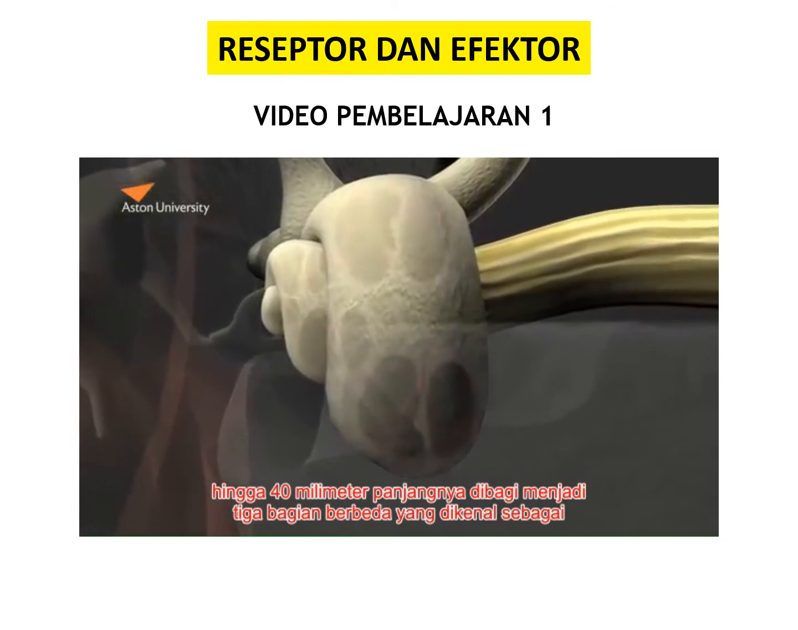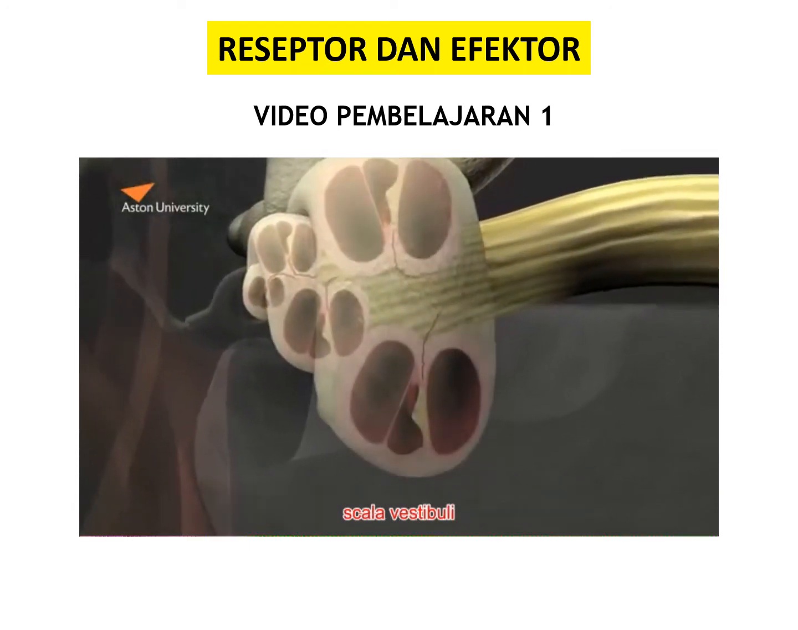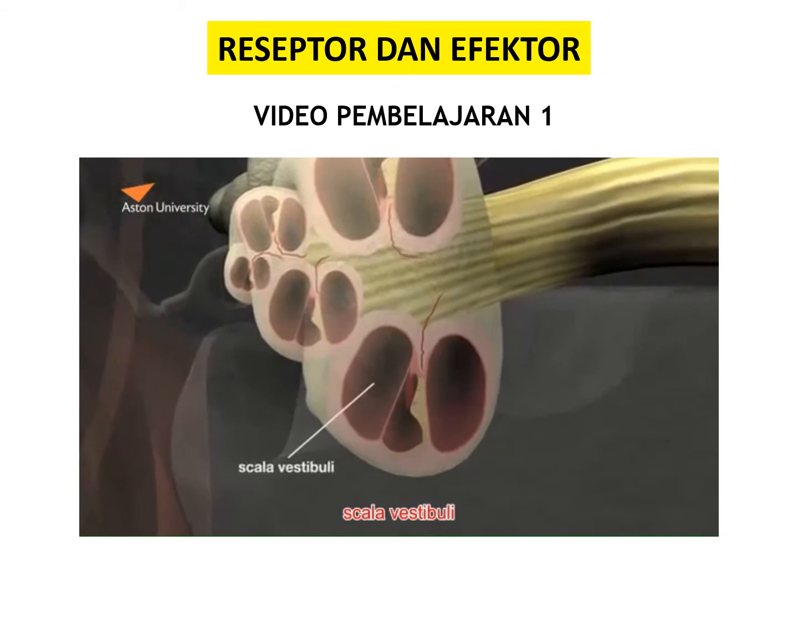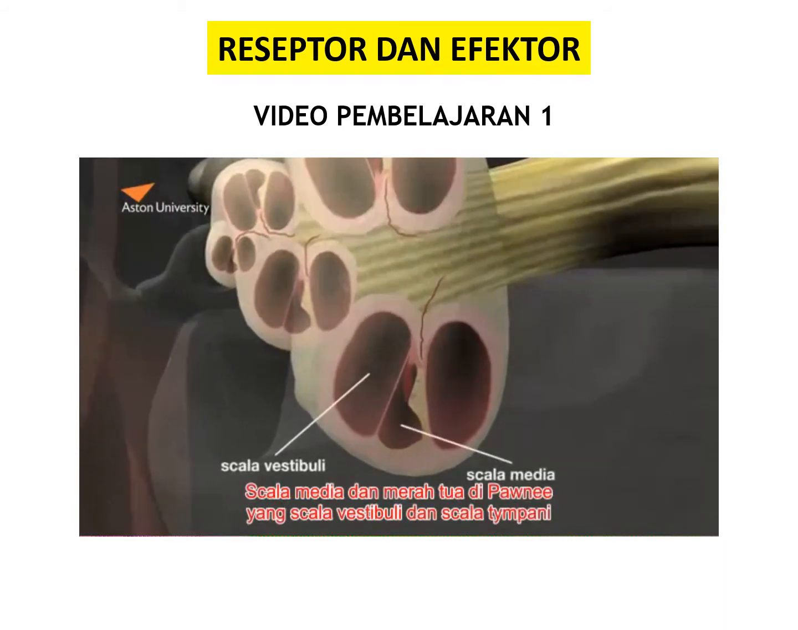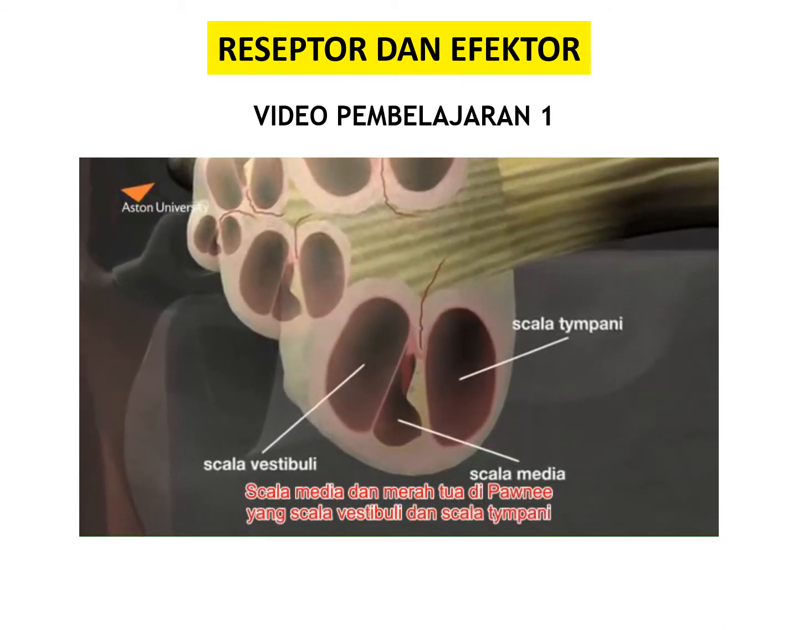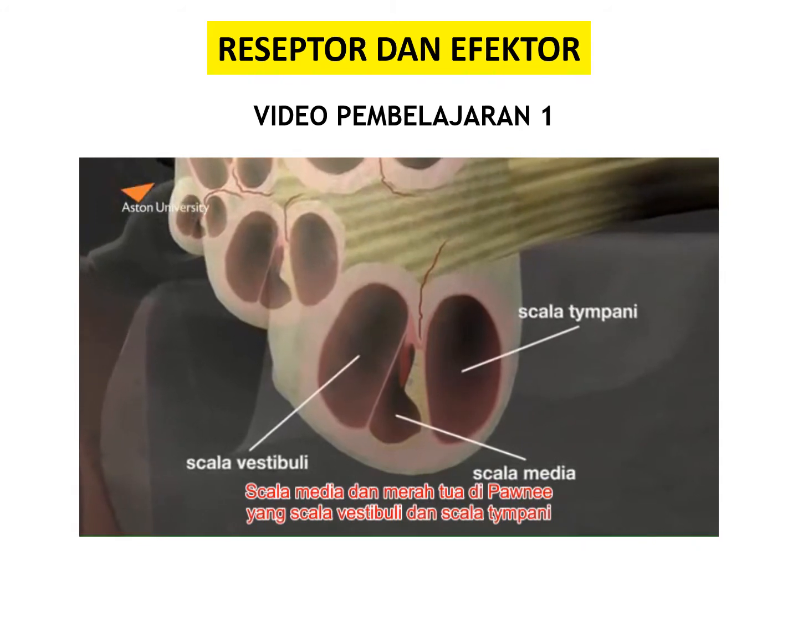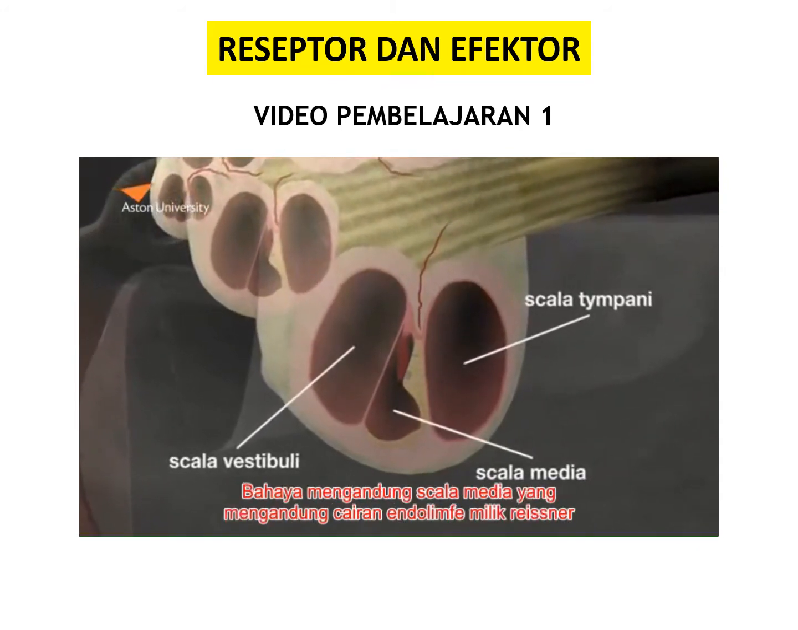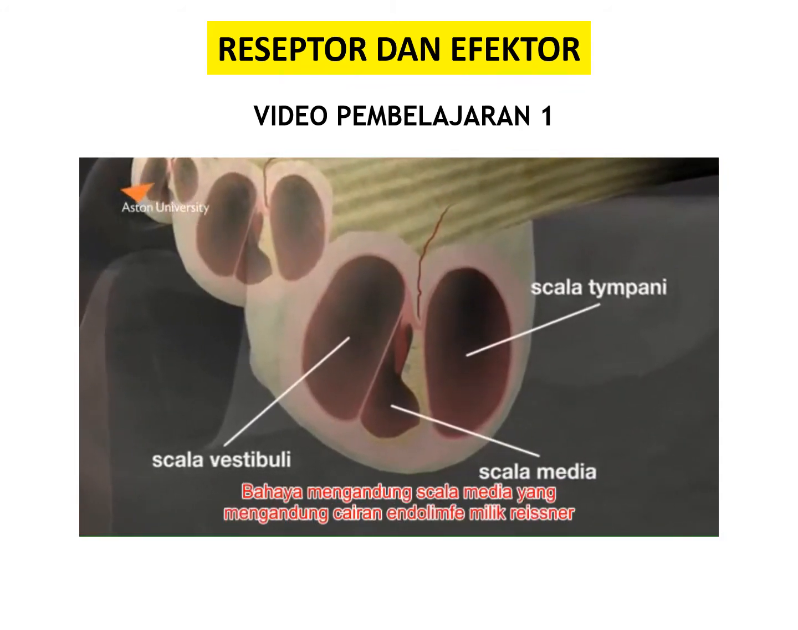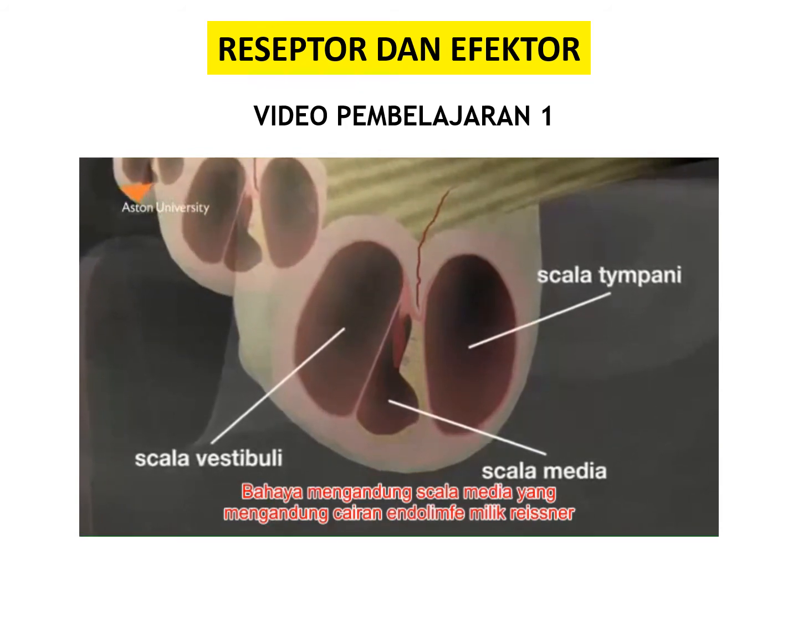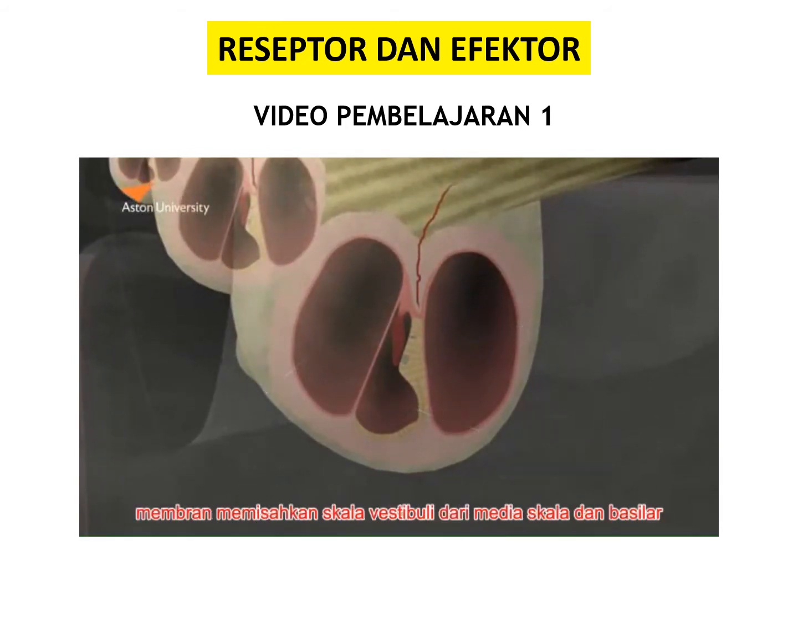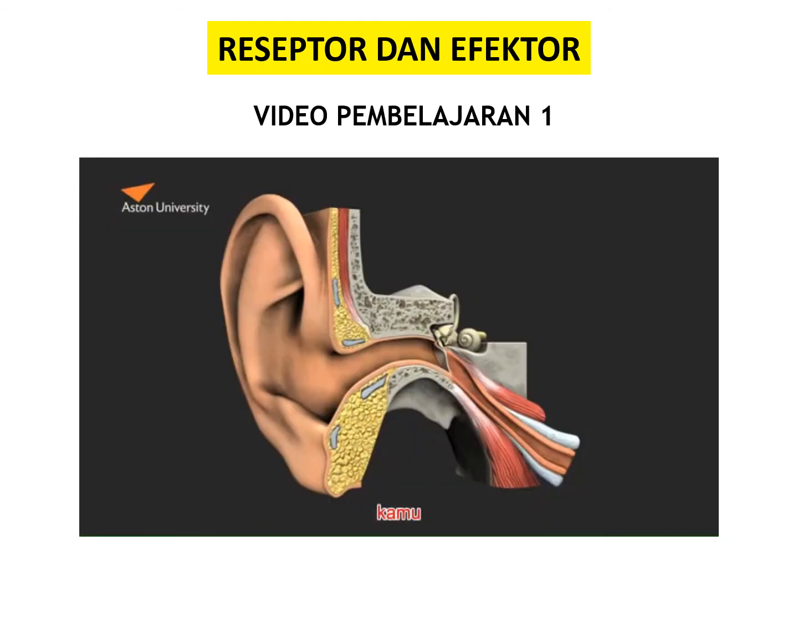It is split into three distinct sections, known as the scala vestibuli, scala media, and scala tympani. The scala vestibuli and the scala tympani contain perilymph fluid. The scala media contains endolymph fluid. The Reissner's membrane separates the scala vestibuli from the scala media, and the basilar membrane